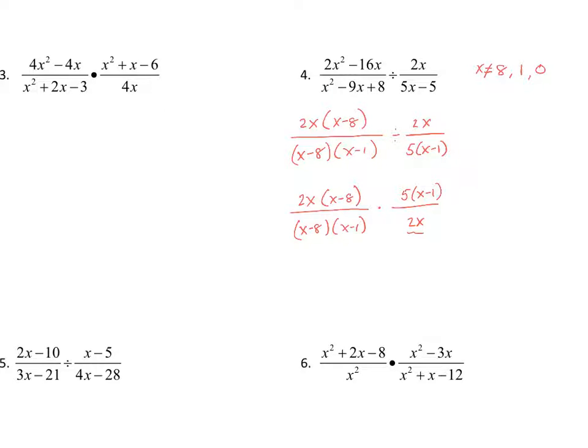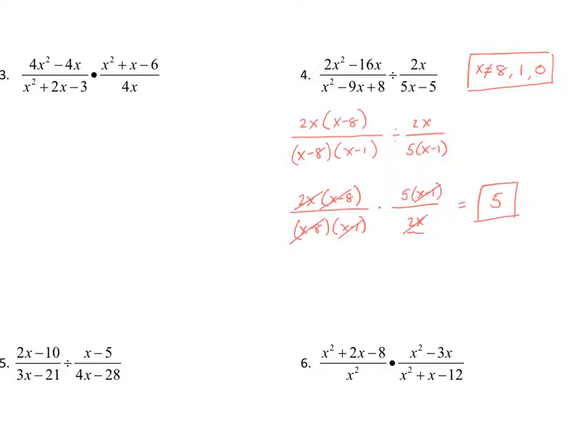Okay, let's go ahead and simplify. x minus 8 and x minus 8, x minus 1 and x minus 1, 2x and 2x. So it looks like everything cancels out except for the 5. So final answer, this simplifies to be 5 with the understanding that x cannot take on a value of 8,